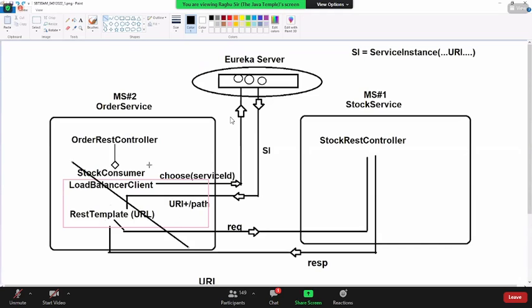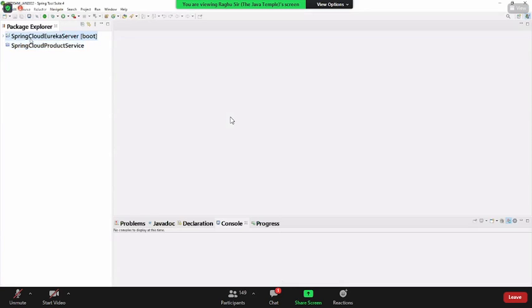Writing a microservice and registering with Eureka. Already the Eureka server is there, same steps.